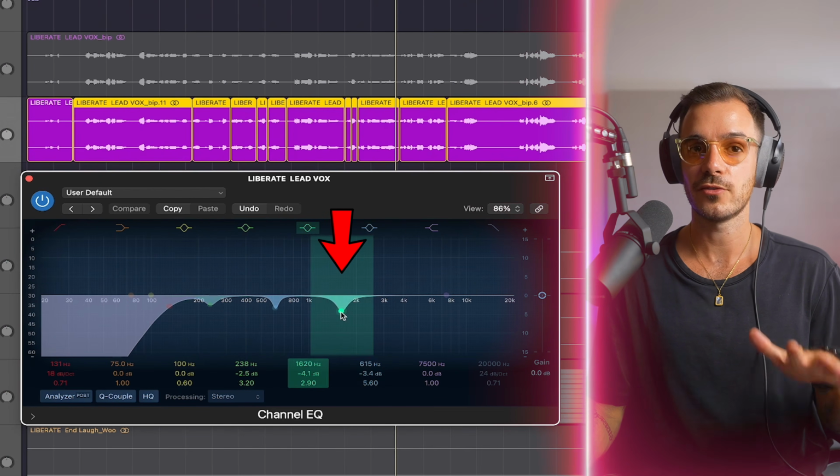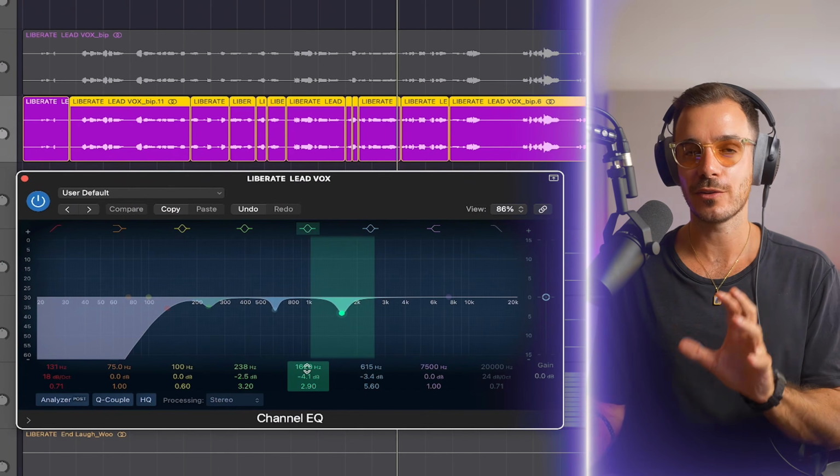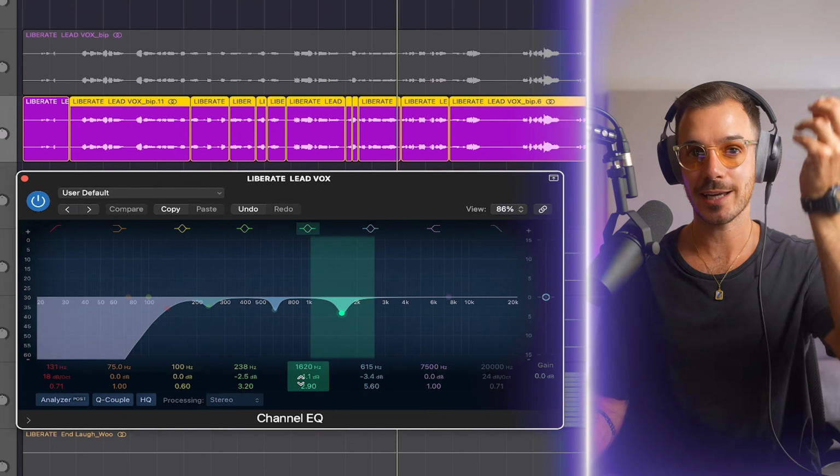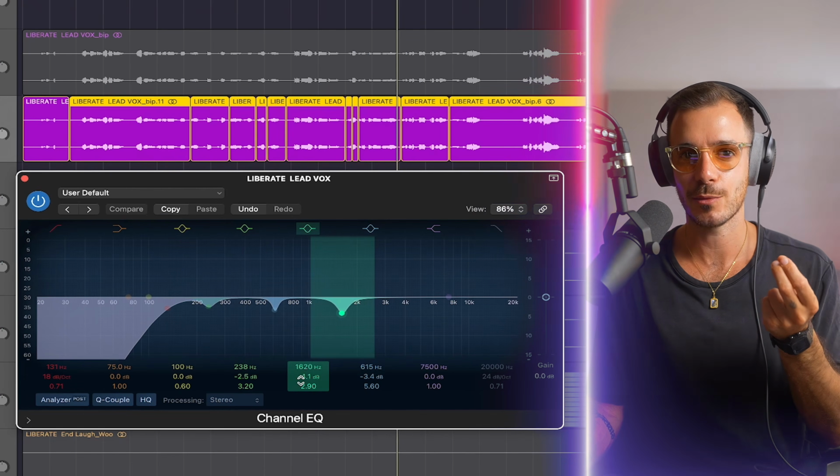Now we already know from earlier on that between 200 and 300 Hertz, the vocal is a little heavy in terms of frequencies in this area. As for the other areas, I just felt that they're a bit resonant, but I'm going to boost these and cut these so you can hear exactly what I'm taking out.